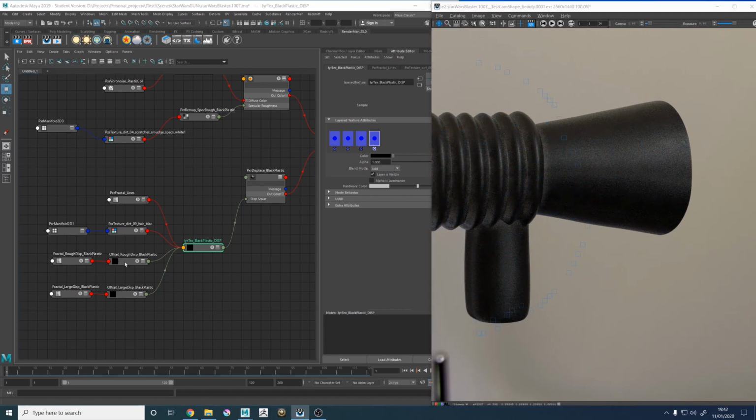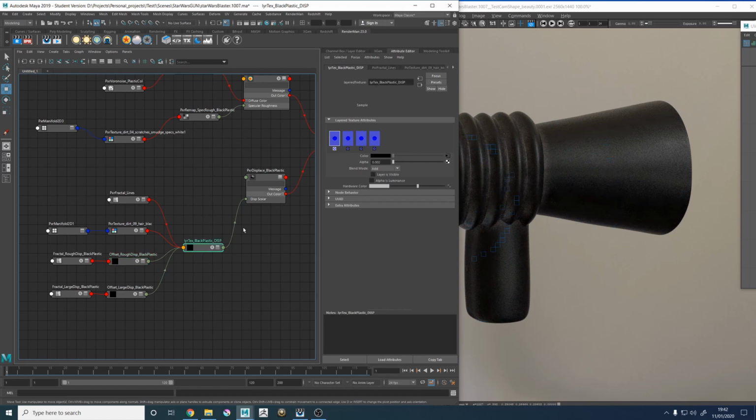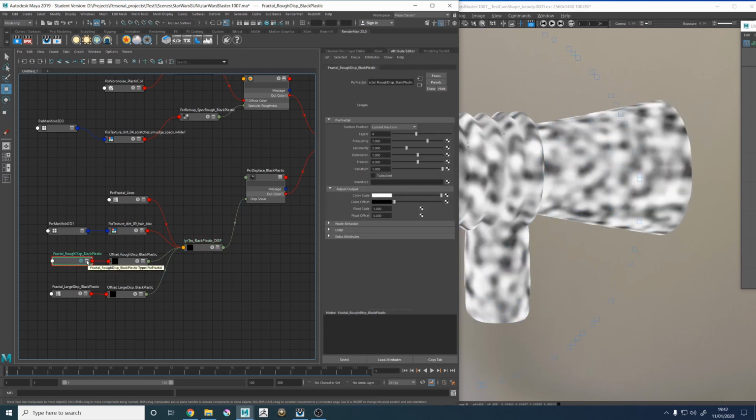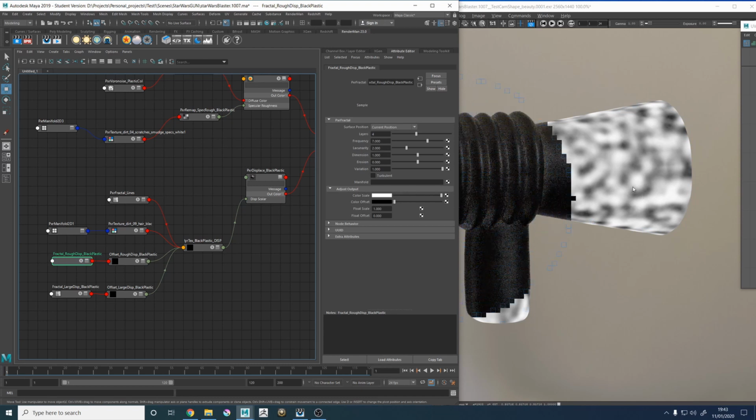We then have a rougher displacement. I'll talk about what these offsets are in a second. It's pretty much the same map, just a little bit higher frequency. So if I display that, again, it's not really doing any particular detail, it's more just adding some warble to the object, making it feel less solid, a bit more like soft plastic, because in real life these tend to be a lot more aggressively bumped than what I've done. But I wanted a really soft looking plastic, almost rubbery in some ways. And yeah, adding that in,